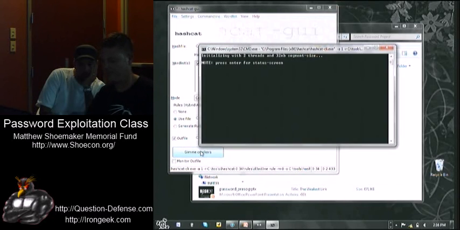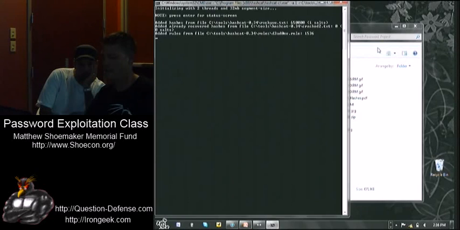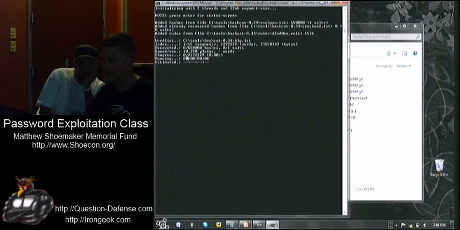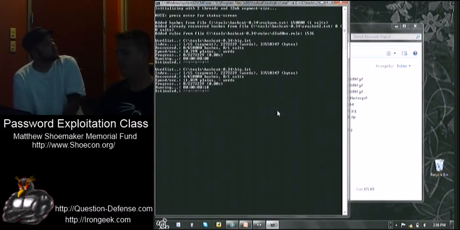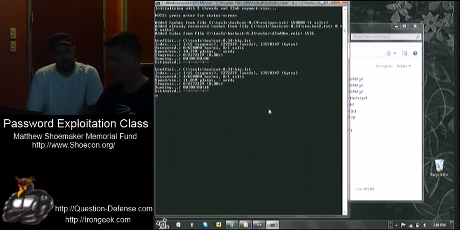Give me crackers is the output. So you can see that it just added all the stuff, and then you can always hit enter for the status, and it will tell you how many it's recovered so far. We haven't recovered any yet, but there, we've recovered 4 already. And as you can see, the speed just on my little laptop right here is 11.03 million words per second, which is pretty good for a laptop. We've already beat Kane on a desktop computer, which is where I took that screenshot.